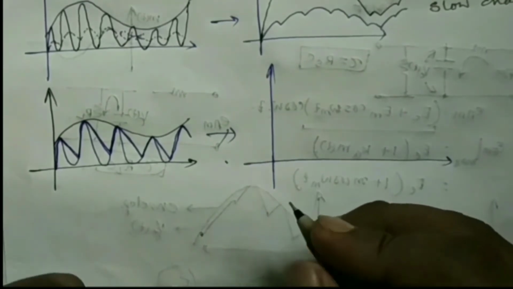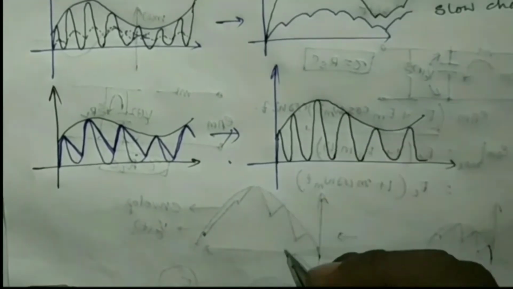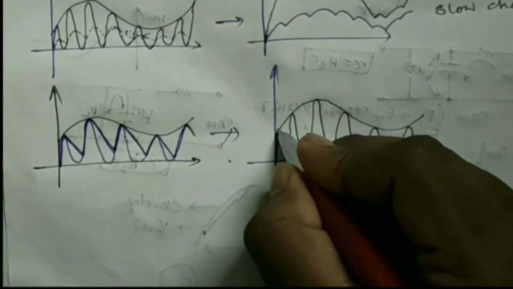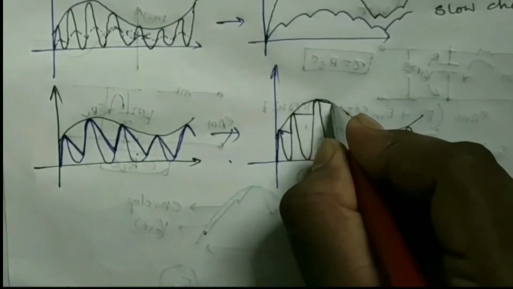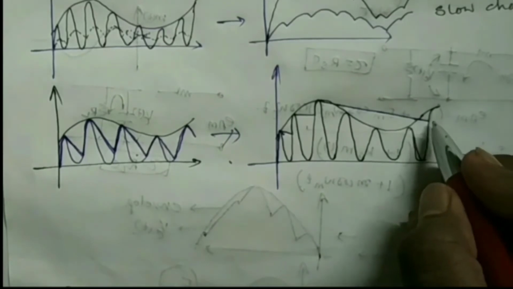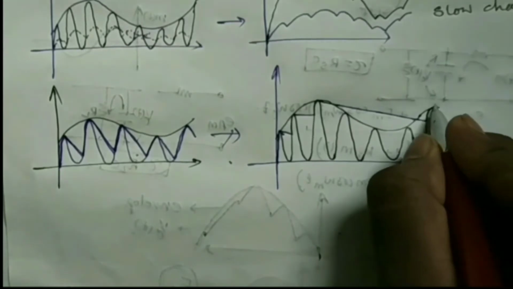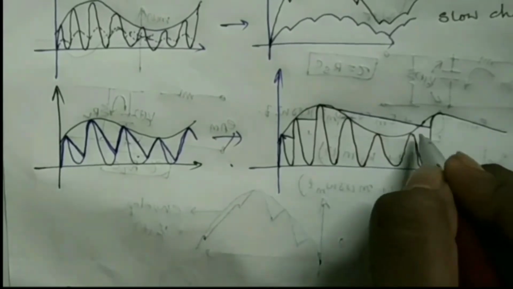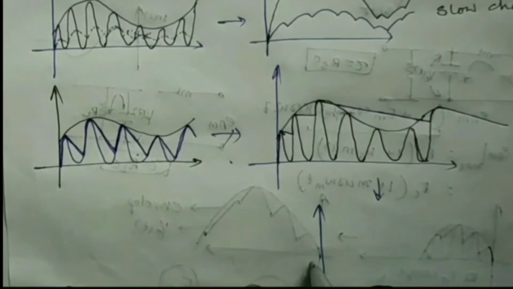Now again, if discharging is very slow, suppose this is the applied signal, then the discharging will occur like this, and at this point it might go like this, and at this point it will be lesser than the applied signal. So from here charging will occur again, and again this process will go on like this. So from here till here we are missing these signals, so this will not be the actual waveform, and the envelope that we are obtaining